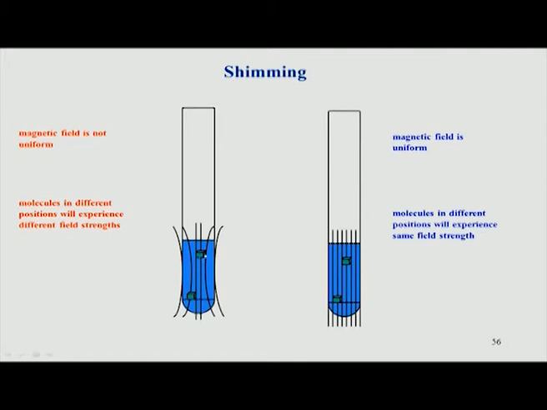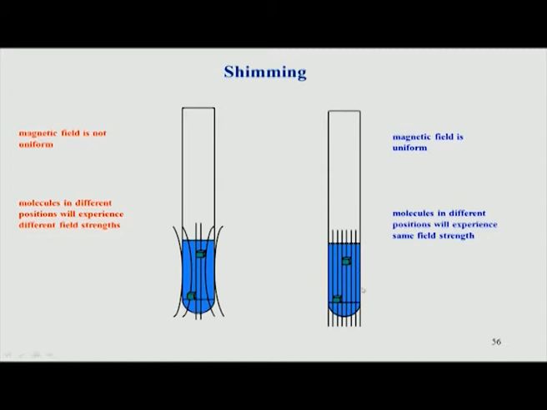Therefore, these two molecules will not have the same magnetic field, and because of the equation omega equals gamma B0, if B0 is different here and here, then omega also becomes different, and that basically causes line broadening. The lines will look broad, and we will see that in the next slide also. To avoid that kind of difference, we have to make the system uniform, that means homogeneous. The magnetic field has to be the same in every part of the sample.